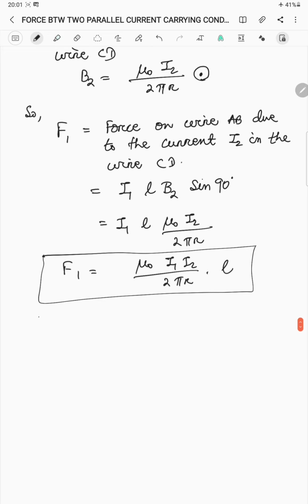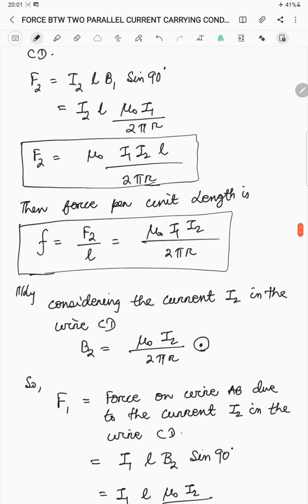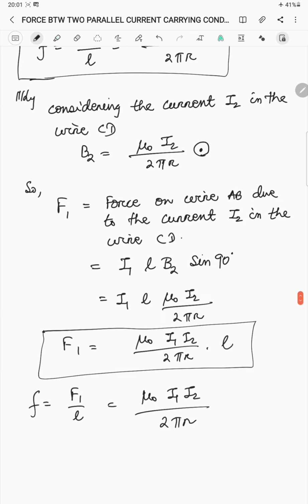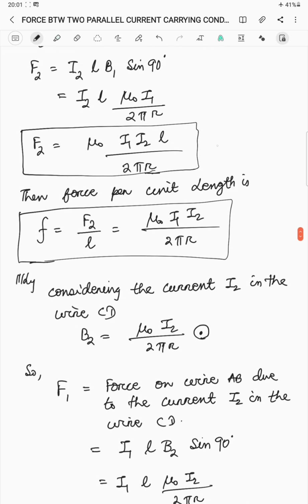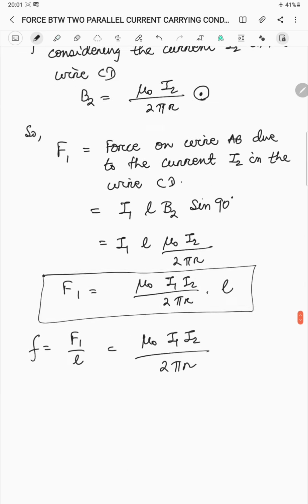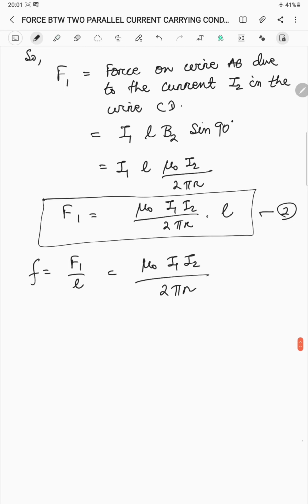Okay, then what will be your force per unit length? Small f, F1 by L, that is equal to mu naught I1 I2 by 2 pi r. Okay, so if you compare F1 and F2, you can see the magnitudes are same. Their magnitudes are same. So if I give it as equation 1, I give it as equation 2, I can write from equation 1 and 2, we find